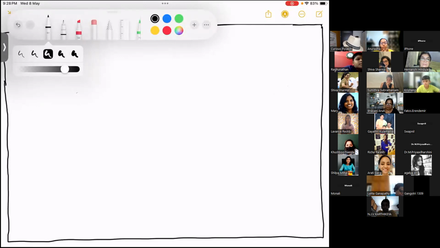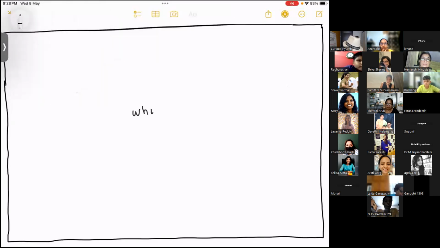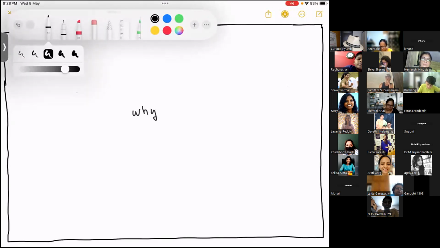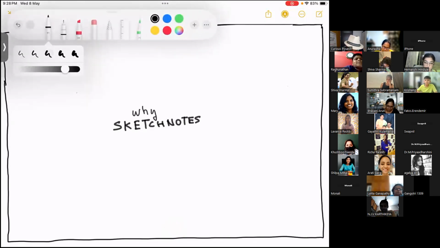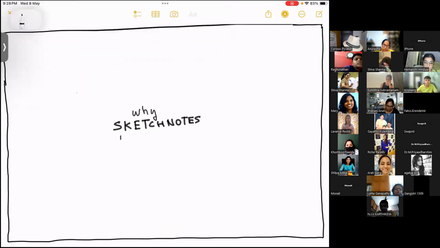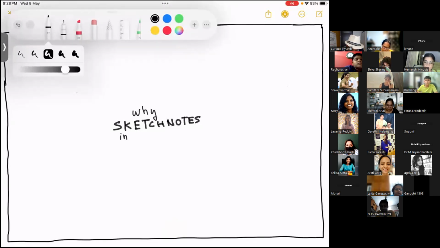I'm choosing my nib. So Y. And then I want to focus on Sketchnote, so I will be increasing my nib here. And you already know the rule: when you are writing, we don't write it in cursive handwriting. Why sketch notes? In is not important, so I will just write in like this, and here in